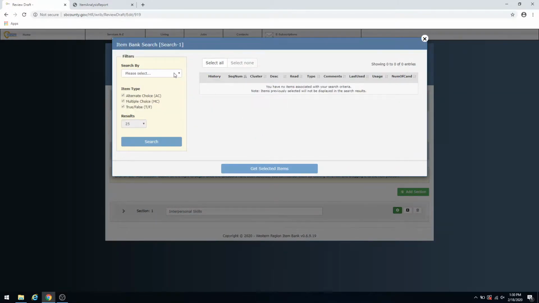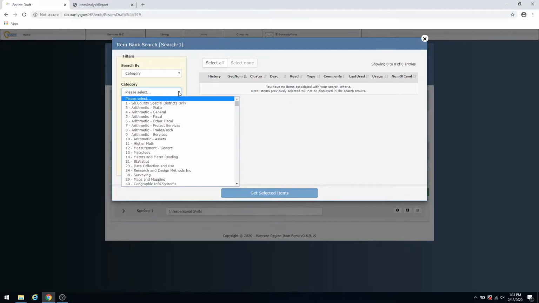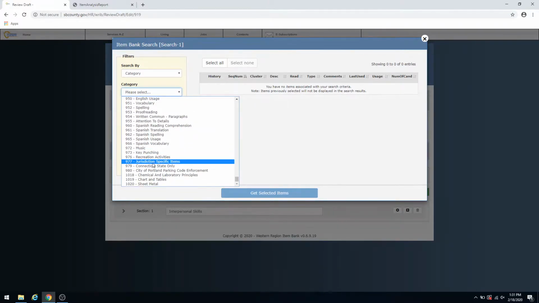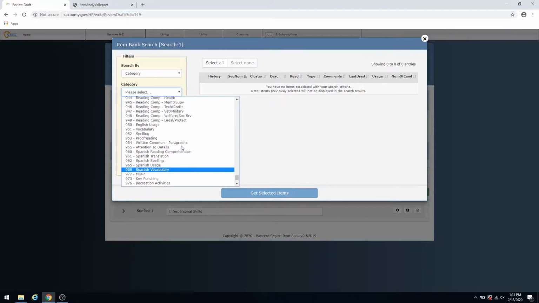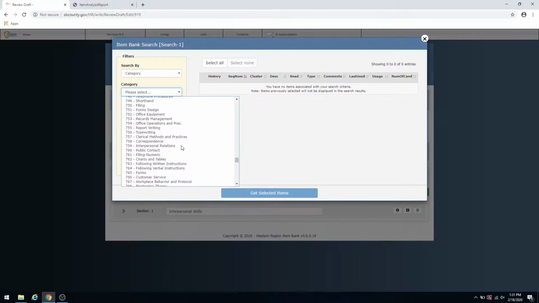You'll see that under Search By, you have your choices of searching by category, searching by sequence number, or searching by cluster. Let's go ahead and search by category. And you see that you now have a category listing. All those listings go all the way down. We have 1,020. So you can choose. For interpersonal skills, I believe our number would be 760, and we can choose 760 for